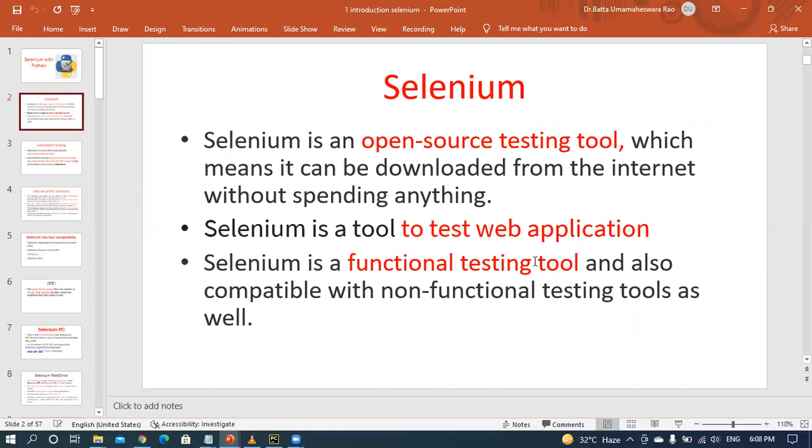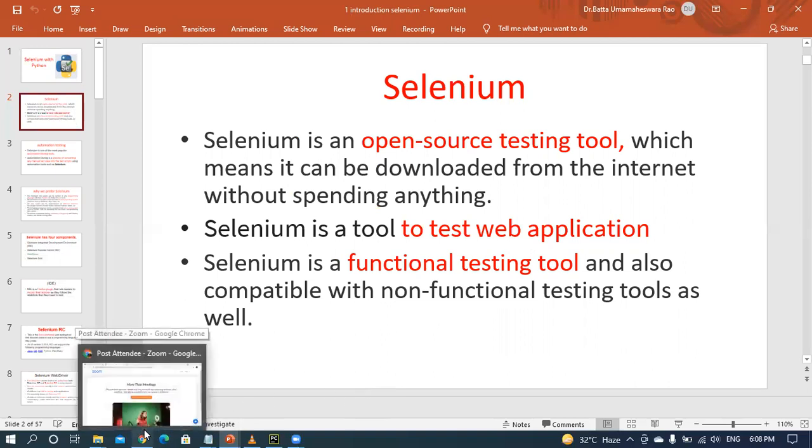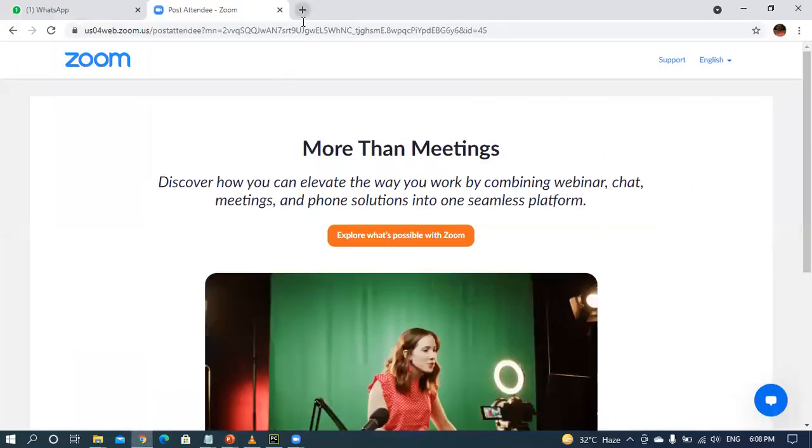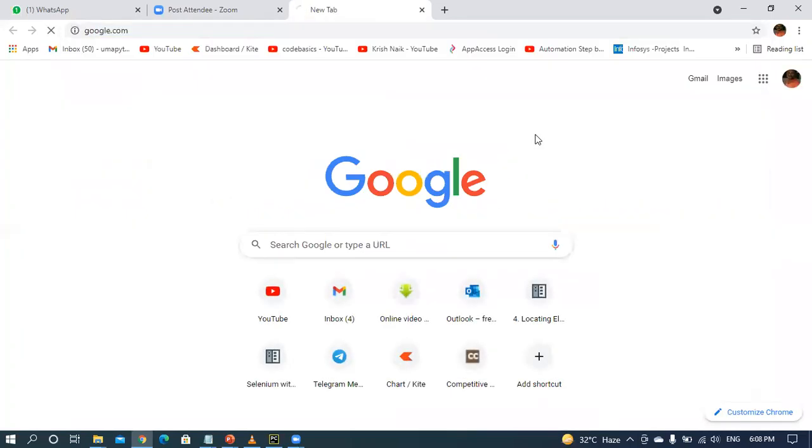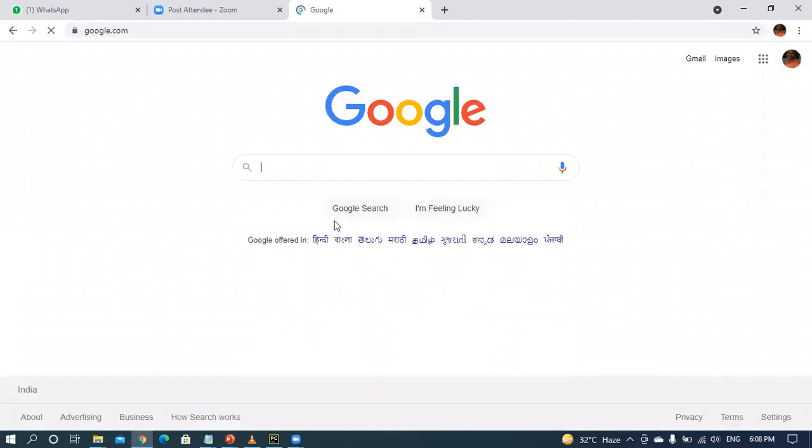Selenium is a tool for testing web applications. How can you represent a web application? For example, if you open google.com, this is a web page. In this web page, this is one element. If you write something here, this is another element, this is a button, another element.